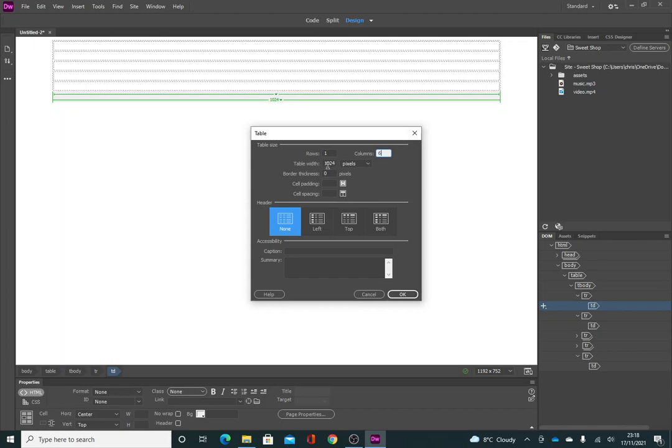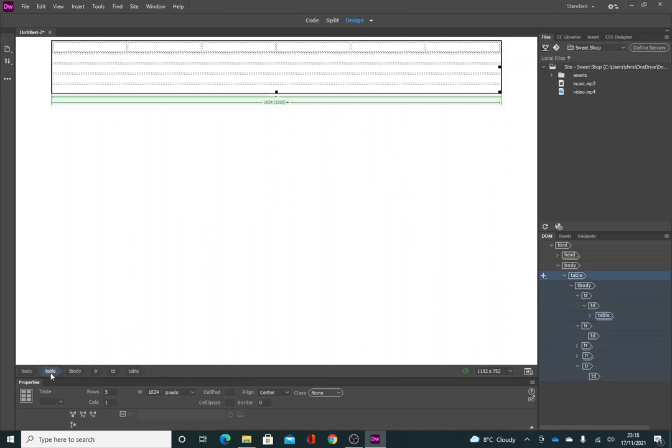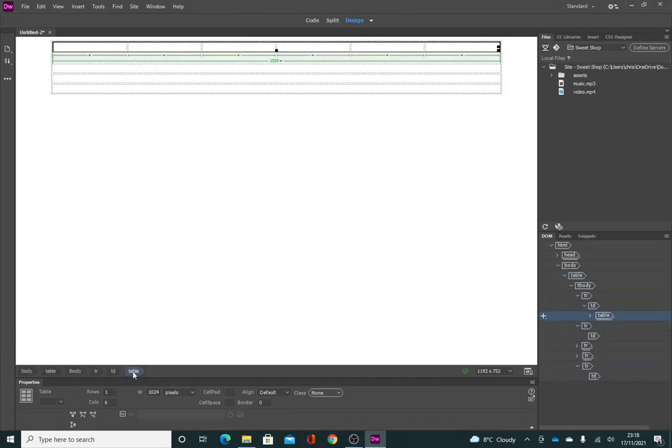The table width we're going to set to 1024 so it matches up, and we just want to check that the border thickness is still 0 because we don't want any borders on these. Okay, so just press OK, and you can see now that the table's been created. It will automatically be selected, and you can see here in the breadcrumb system this is the main table, and if you click on it, it will select that. This is our nested table, they're called,